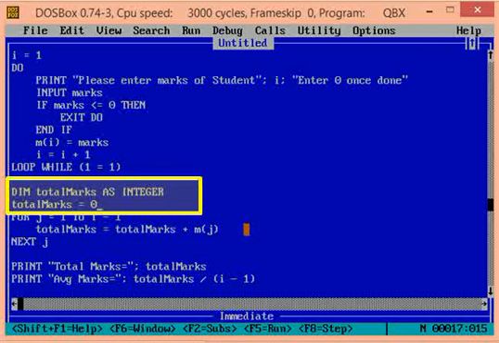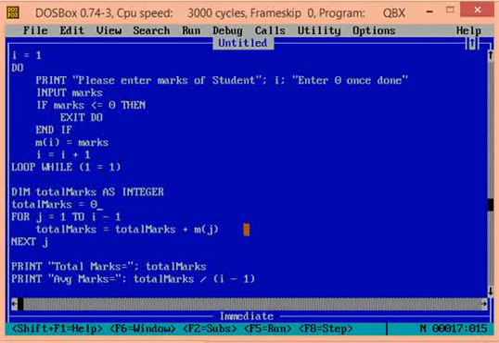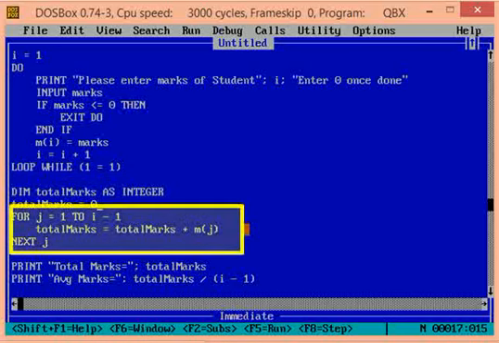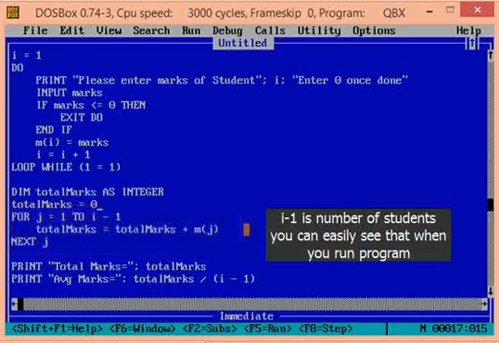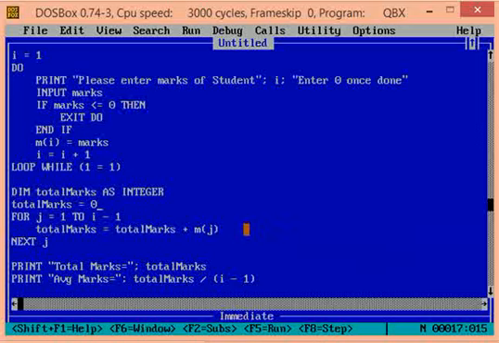This variable is initialized with 0. We started a for loop that runs for the number of students. So, if the number of students is 10, it will run from 1 to 10. Each element in M stores marks for a student. So, the jth element of M stores marks for the jth student.